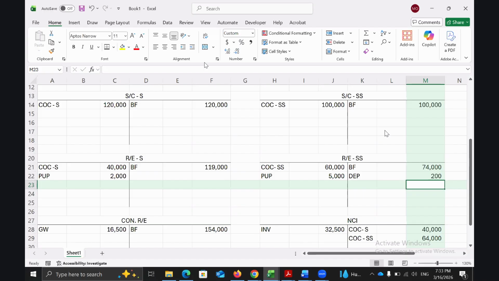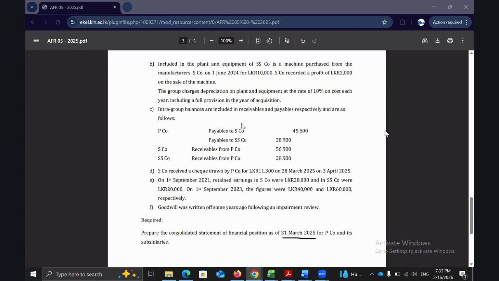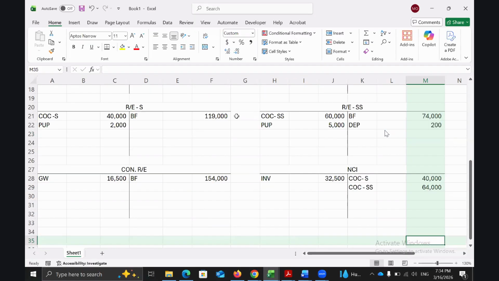Okay. Then we'll go for the intra-group balances. We have intra-group balances included in the trade receivables and trade payables. As we are preparing the financial statements from the parent's point of view,